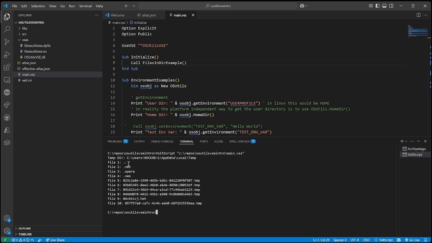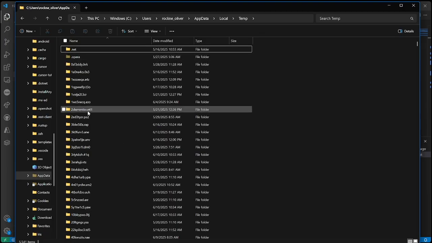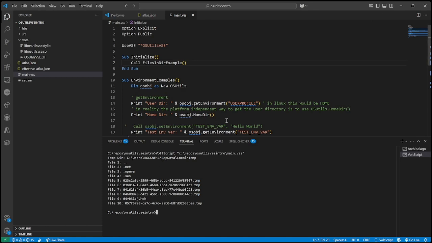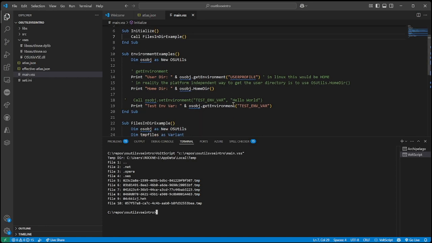If you think about when you do a list of directories, it's the go up to the parent directory. And then you've got .NET, these are directories, and then the files. And if you look in my thing, you can see that's what it's doing. It's these directories. So let's see what would happen if I were to filter this, which is a nice feature